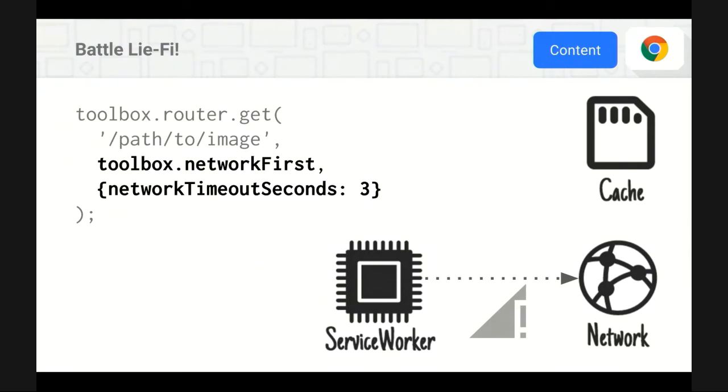So the service worker will make its request, and at the same time kick off basically a setTimeout. If that fires before the network request comes back, it'll return the copy that was previously cached directly to the page. So you do have an upper bound on how long you're willing to wait,